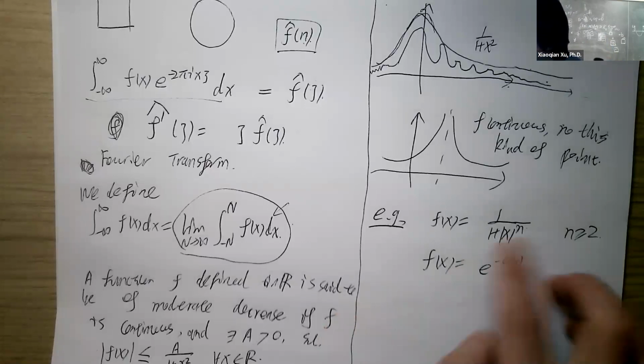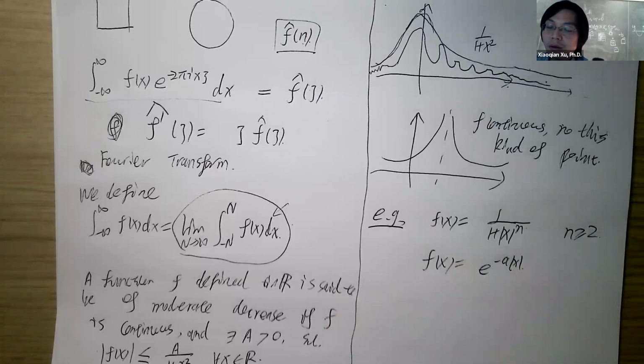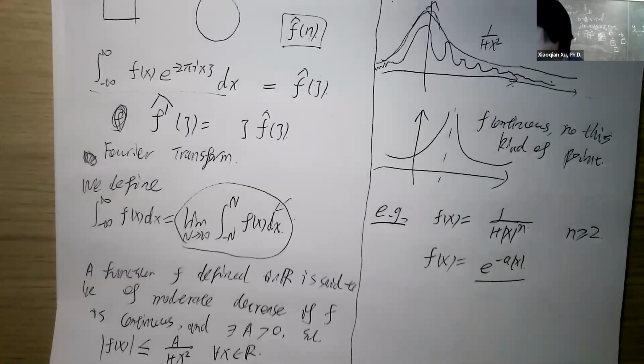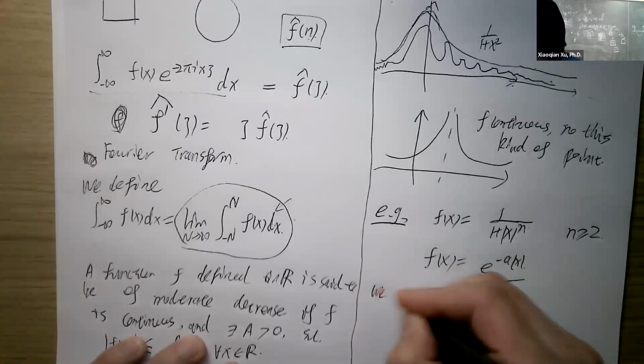So this kind of function will be less or equal than some constant divided by 1 plus x squared, for sure. Actually, it will be less or equal than some constant divided by 1 plus x to the power n, when n is super big. Okay, so the exponential decay function is also a function we are interested in. And we denote it